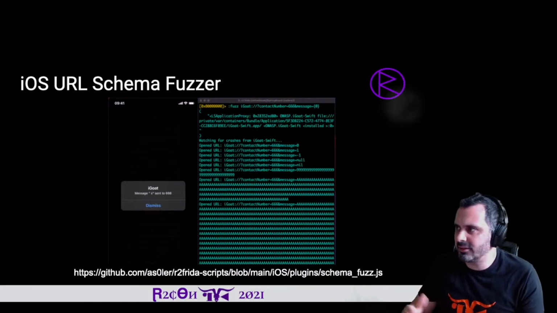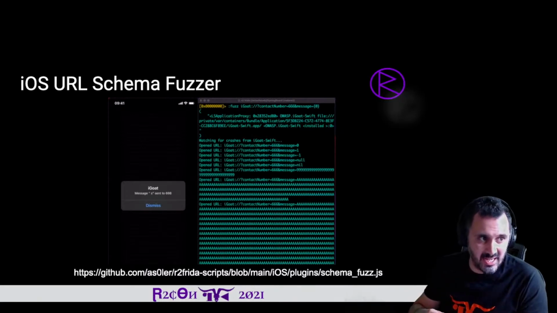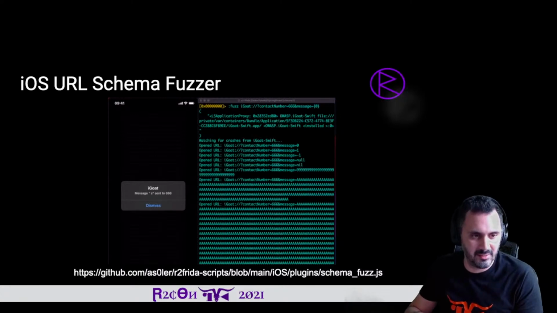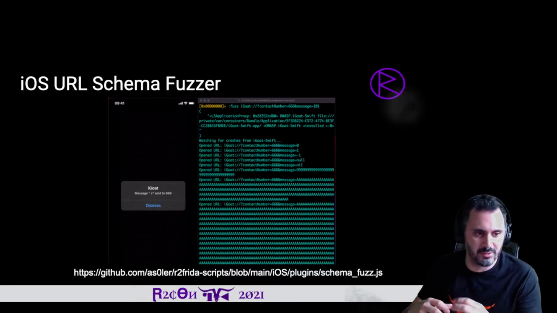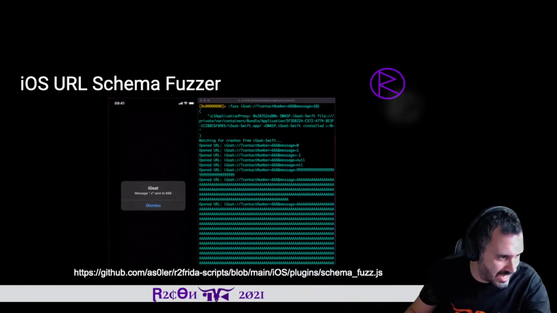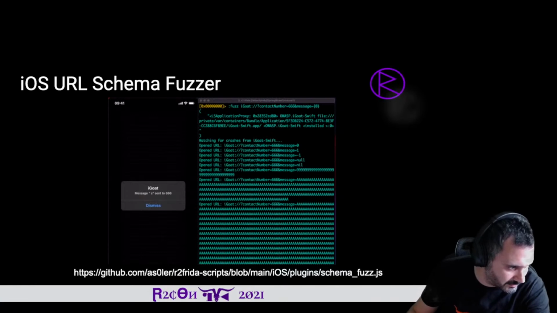Now, more complex examples of R2 plugins. Here we have an example for iOS. It's just a URL schema fuzzer. It's nothing new. It's something that had already been implemented in Frida, and what I did was take the code, import it, and update it to r2frida as an example. Let me show a video of a demo executing